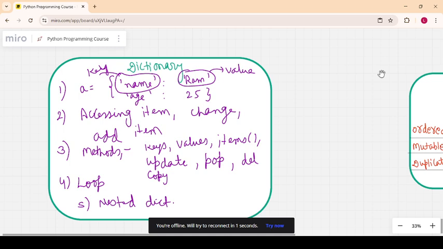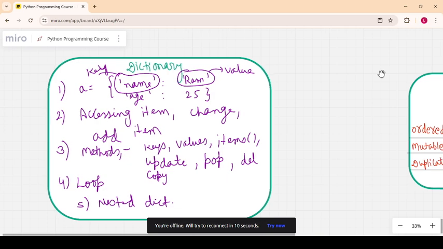We can perform a lot of operations on a dictionary, like keys, which gives the list of keys, and values, which gives the values. The items method gives tuples, and all the tuples are in a list. We can update through the update method, remove an item through the pop method, and make a copy. We can go through the items with a for loop, and we have explained the nested dictionary, where we have small dictionaries inside a single dictionary.